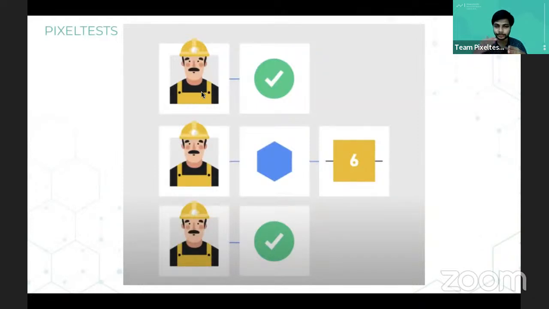Like, for example, to lay all the bricks in a construction place is difficult, but to verify that it is done properly, it is easy. You just have to go and watch it. Right? Similarly, to solve a Rubik's cube is difficult, but to verify, you can just see all of the colors have to be the same. Right? So that is how the verification is easier than finding the nonce. So now this person has found the nonce. That is when he'll be able to upload the block.